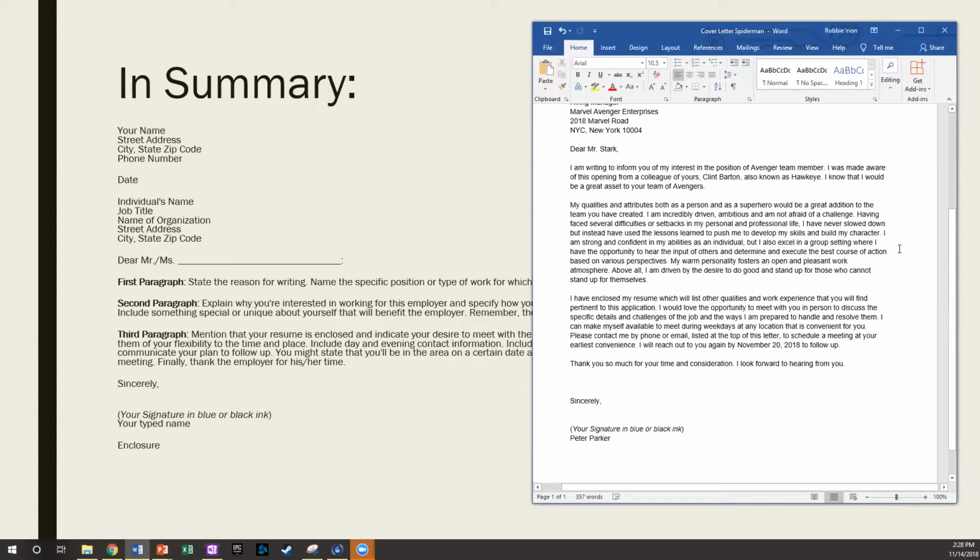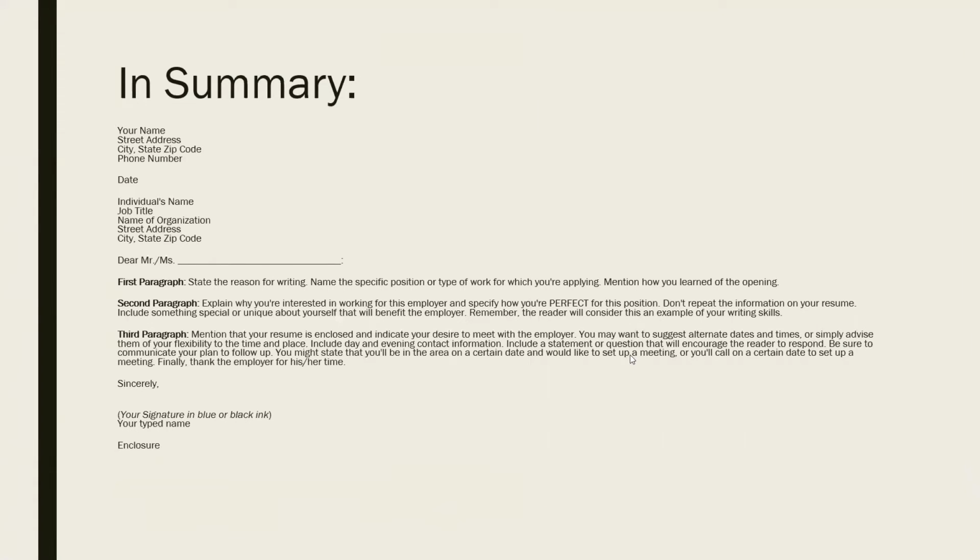Okay, and your third paragraph. So I'm going to move this out of the way. Your third paragraph, you can mention that your resume is attached, suggest days and times, or you can just say I'm flexible, reach out to me at your earliest convenience, something like that. Let them know that you're going to follow up. And anyway, this whole thing is basically just about, hey, I would really like to meet with you. Let's make this happen. And then at the very end, you want to thank the employer for his or her